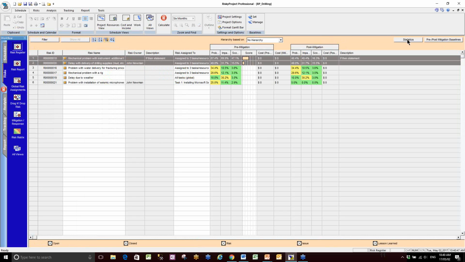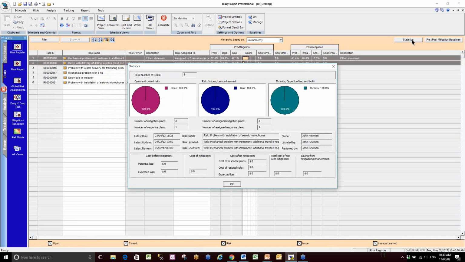On the risk register, we have what's called statistics. It's now going to be called our dashboard in the new version. This tool gives us an overall view of what's happening in the risk register: when the latest risks were put in, the latest updates, what they were, and who is responsible for that. It's really a high level view of how